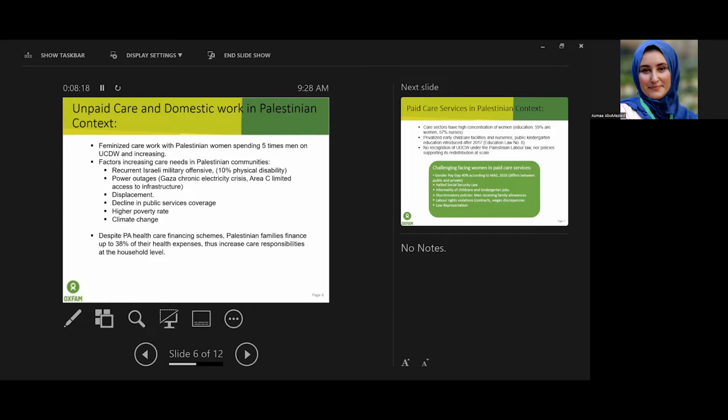Now, there are several factors that resulted in the increase of care needs in Palestinian communities. One of them, a fundamental one, is the recurrent Israeli military offensives. If you look at the military offensive that happened in 2014, about 10% of the people who were injured sustained long-term physical disability. Having that into consideration, while also looking at the collapse of the health sector in Gaza, it means that only the household will bear the responsibility of taking care of all the needs of the people with disability due to the military offensive. The same goes for the Great March of Return that took place in 2018 and 2019,